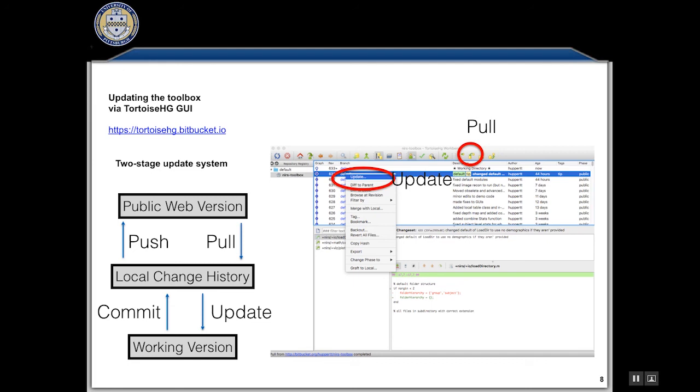Okay? So if you make a change that you decide destroyed the toolbox, you can undo just your changes, or some of your changes. So it's a 2-stage system. The thing to remember is that when you update your toolbox, you have to do 2 steps. You first pull the data from the website, and then you right-click on the version, say 633, that you want to update to. You right-click on it and say update,